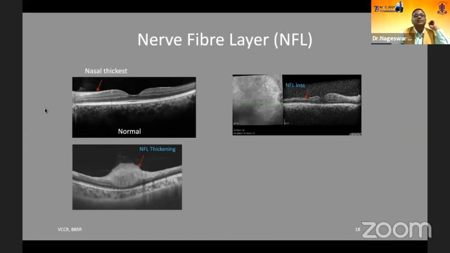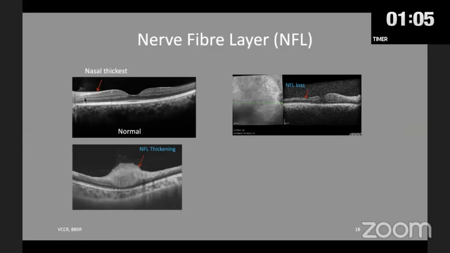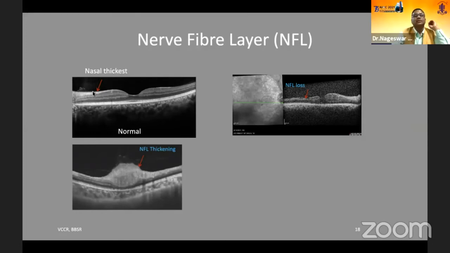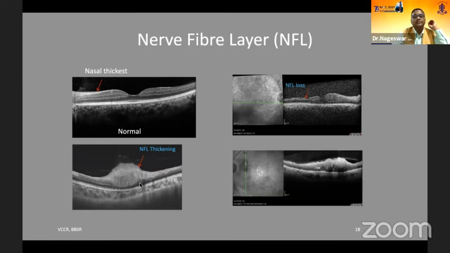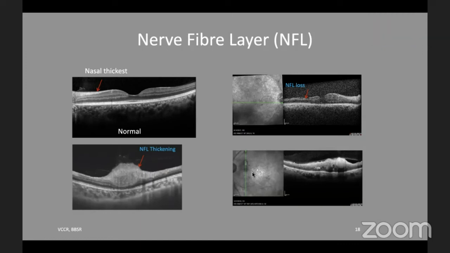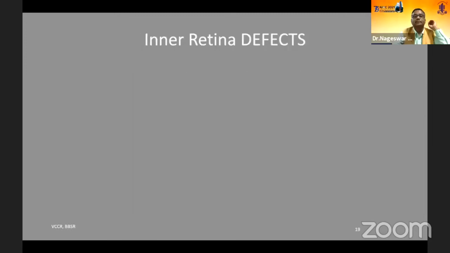Nerve fiber layer, normally you will find the thickened nerve fiber layer towards the disc, on the nasal side, the retinal nerve fiber is thickened normally. But there will be a loss sometimes. What Susmita was telling, even nowadays, OCT is defining whether a quantifiable amount of nerve fiber thickness is lost or not, or ganglion cell loss is also being detected nowadays. And NFL thickness you will find sometimes in astrocytoma or corneal spots. Sorry, sir, for interrupting. Can we finish it up in the next 30 seconds?